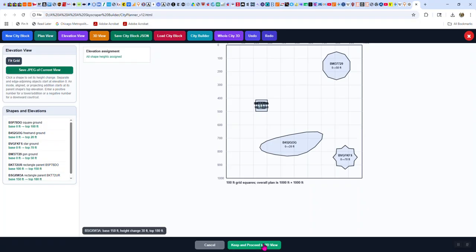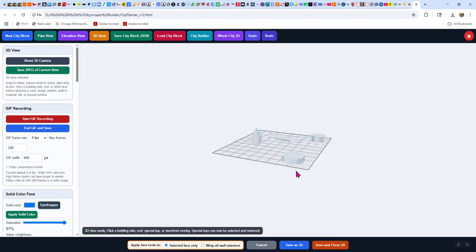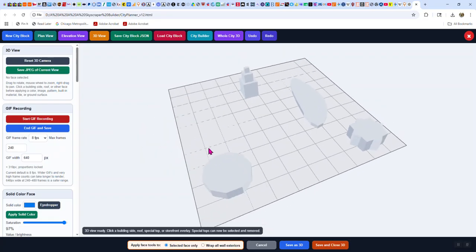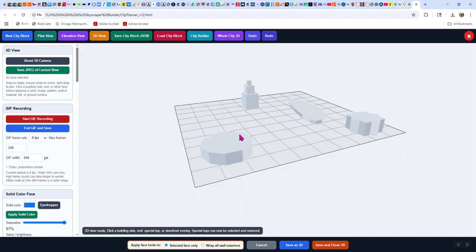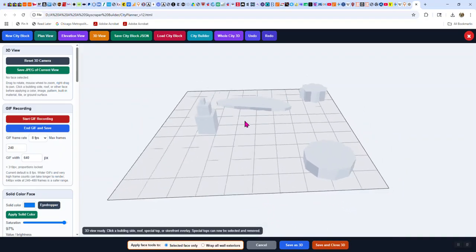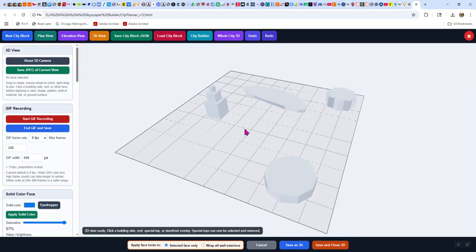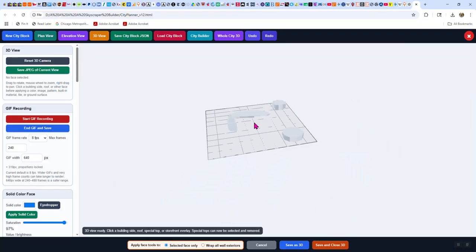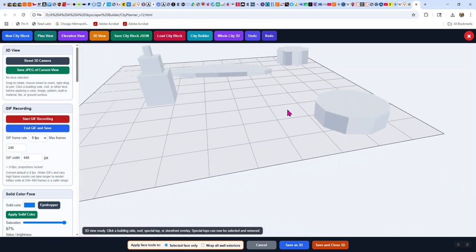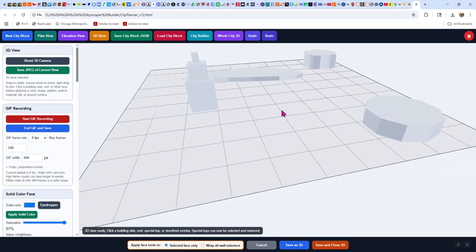And what I can do from elevation view is go to 3D view, but the quick way to do it is here. And what this gives me is a 3D view of those structures with all their sides. So I call them faces, are all listed. Now the one that's curved, that's going to work a little differently, be a little odd. But with the left mouse button, I'm doing that. With the mouse wheel, I'm doing that. And with the right mouse button, I'm going like that, okay?